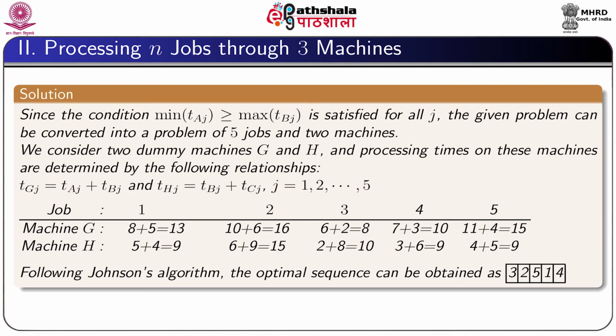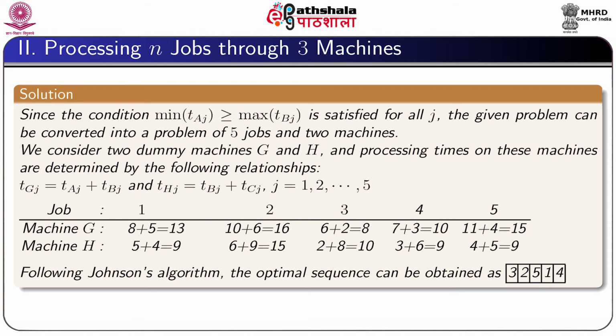Since the condition minimum Taj is greater than or equal to maximum Tbj is satisfied for all j, the given problem can be converted into a problem of 5 jobs and 2 machines. And for this, we will introduce 2 dummy machines G and H, and the processing times on the dummy machines G and H can be obtained as